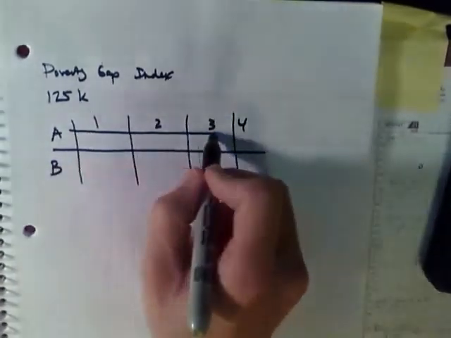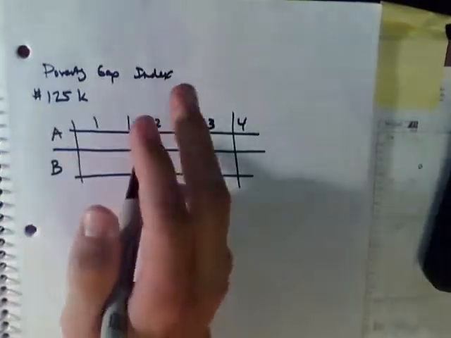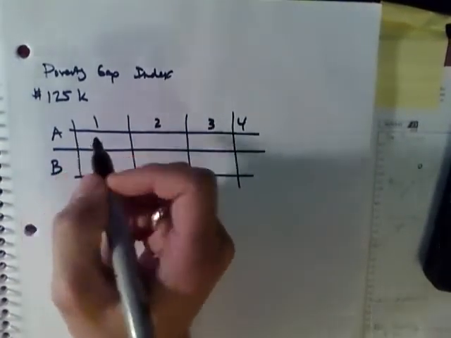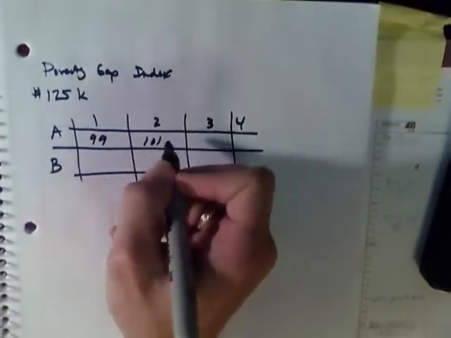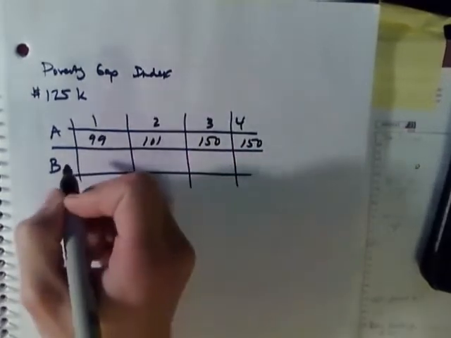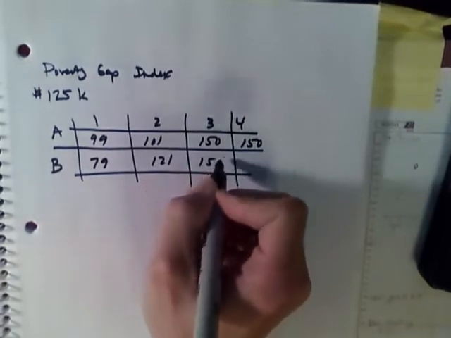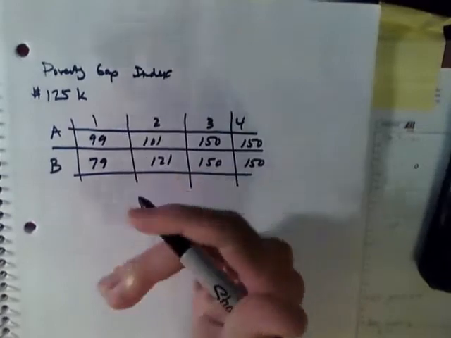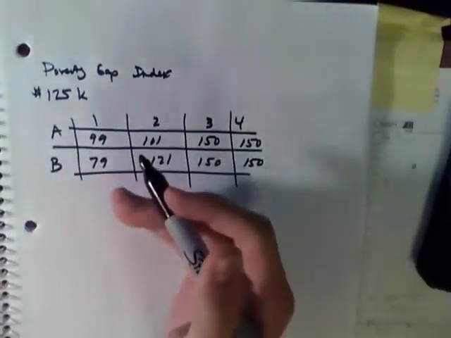And so if they make below $125,000 a year, they're below the poverty line. So for this example that we've got, we'll do 99,000, 101, 150, and 150. And for the other, 79, 121, 150, 150. So the way that you do this is basically just percent change of each individual that's below